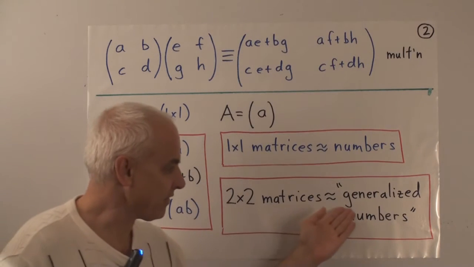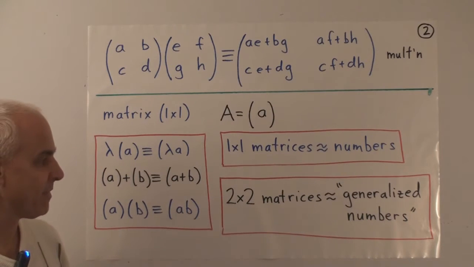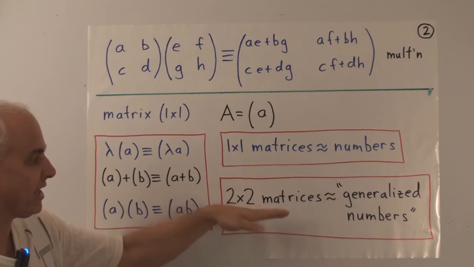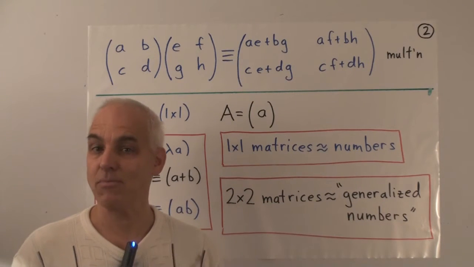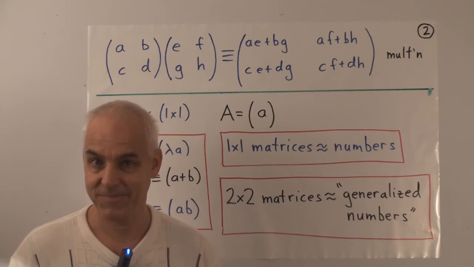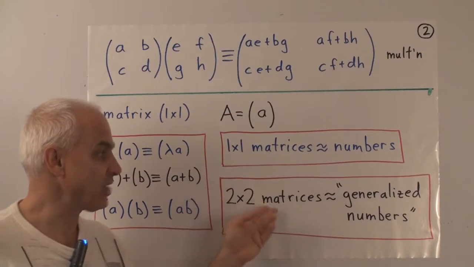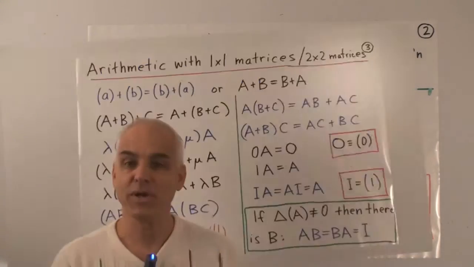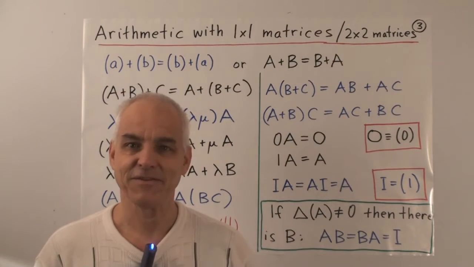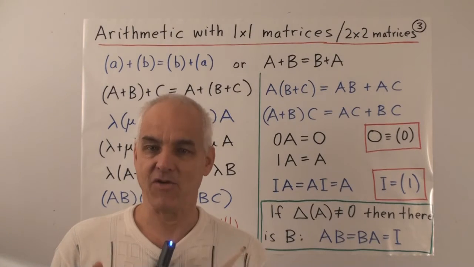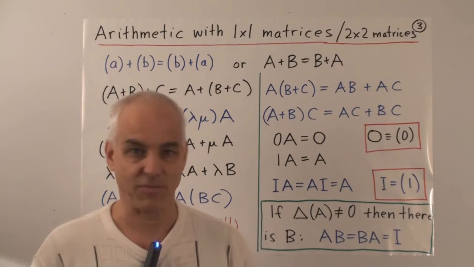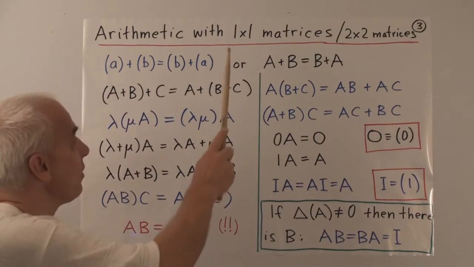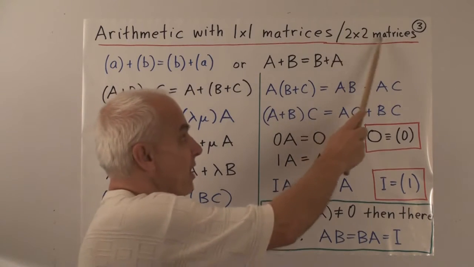Now I want you to think about this following idea, that a 2x2 matrix is a lot like a generalized number. It generalizes the idea of a one-by-one matrix and introduces a richer and more elaborate kind of arithmetic. But still, there's a very close connection between these two things, and it's that connection that I want you to keep in mind. When we learn to do arithmetic in public school, it's very valuable for us to have a very clear idea of what the rules or the laws are that govern this arithmetic. And here I've listed the main laws for arithmetic with one-by-one matrices and also with two-by-two matrices.